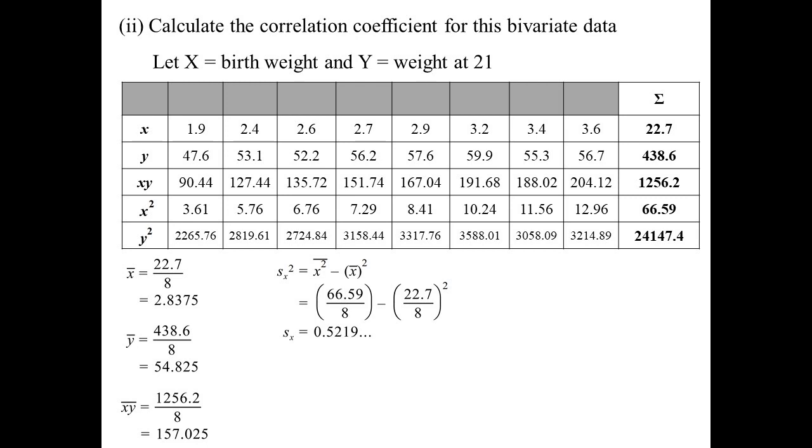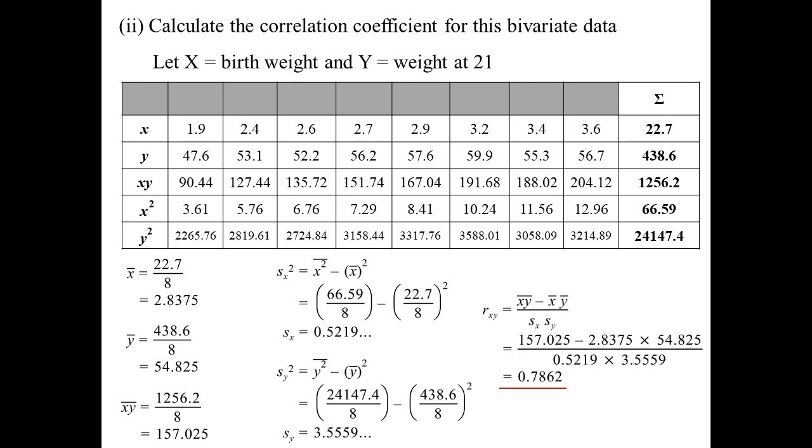Let's do the same for the Y values. So again, it's the average of the Y squared row minus the average of Y squared. Okay, now I can work out the correlation. So average of X times Y, that was 157.025, minus the average of X times the average of Y, divided by the deviations multiplied together, we end up with a correlation of